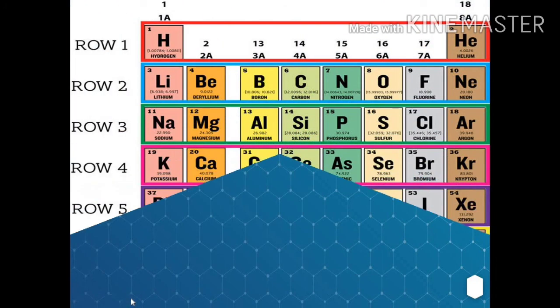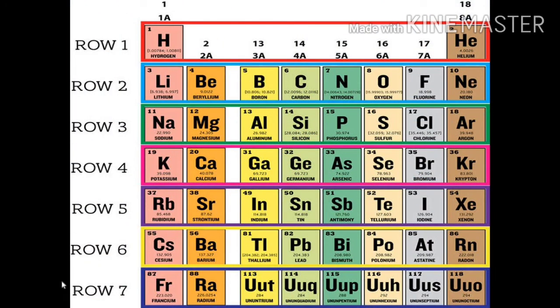We have here in this diagram row 1. Row 1 indicates the first period. I told you the first period is a short period with 2 elements, hydrogen and helium. Then we have row 2, which is the second period. This is a horizontal row. It is the second period, and it has 2 shells, and it has 8 elements. It starts with lithium and ends with neon. We have 8 elements in the second period.